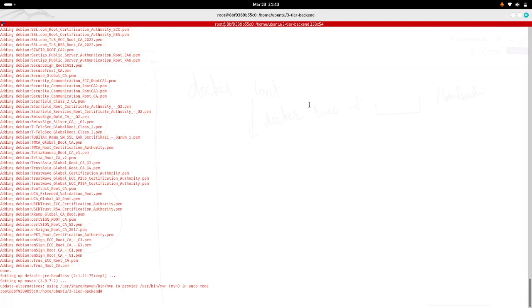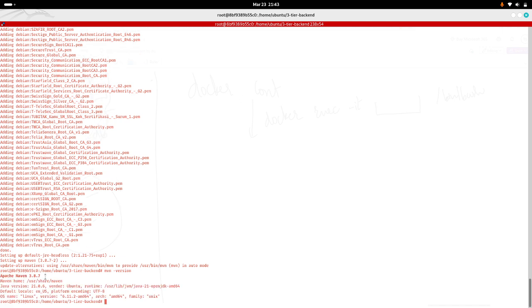Fine. Now if you do mvn -version, it says Maven version is 3.8.7 and the Java version is 21.06. See, Java, we didn't install Java yet, but it got installed with Maven. Fine. Now if you do mvn